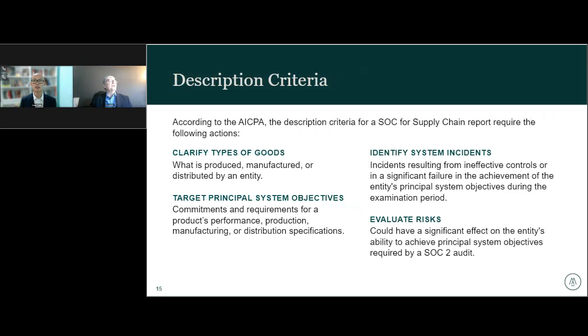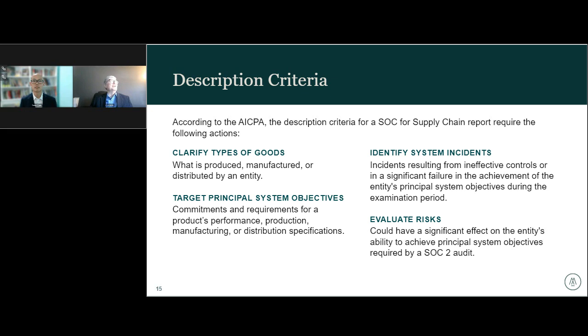So what is description criteria? What is required to be in that narrative section of a SOC for supply chain? First and foremost, you have to clarify the types of goods or services that you're providing. It's very important to remember that if you're a conglomerate type company with multiple products, you are capable of picking